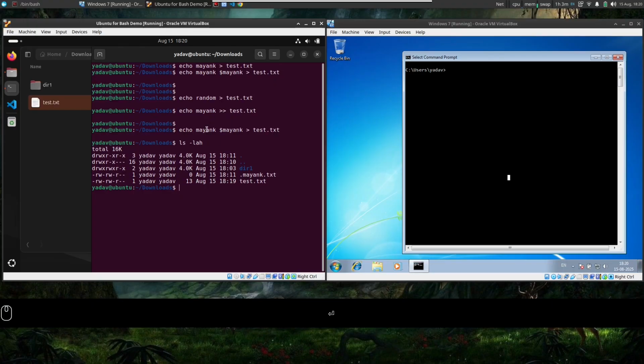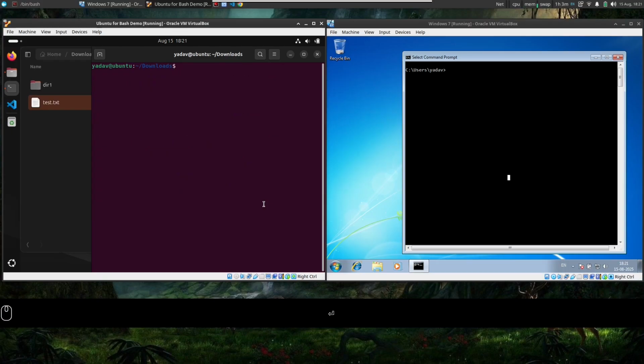Why 13? Because Mayank is 6, then space is 7, and Yadav is 5. So 6, 7, 12, and end of the file 13. Total 13 bytes inside test.txt. So this is how we can put some text inside a file.